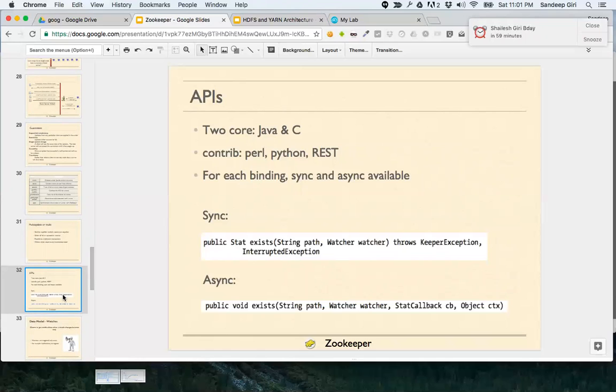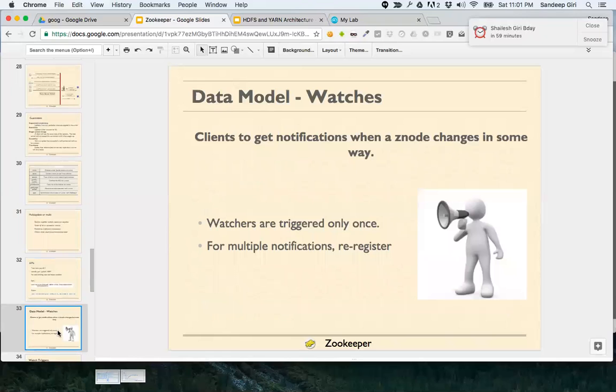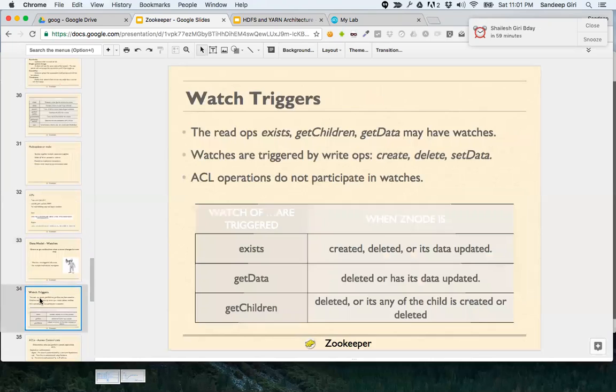Some are asynchronous, some are synchronous. Asynchronous ones return immediately, and once they finish, they call your callback. Zookeeper also provides watches, meaning you can tell Zookeeper to give you a callback once something is done.